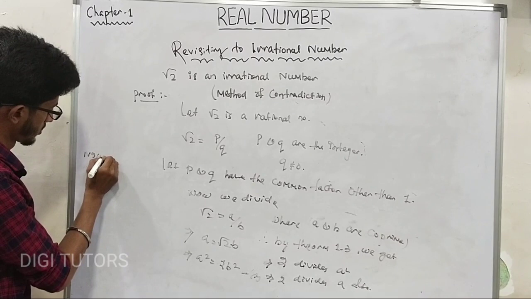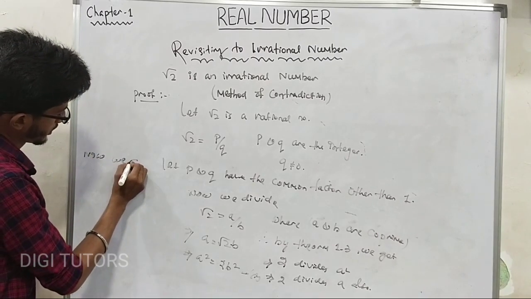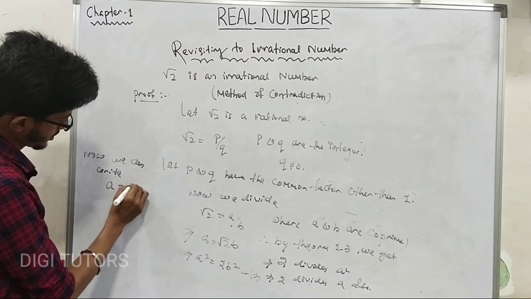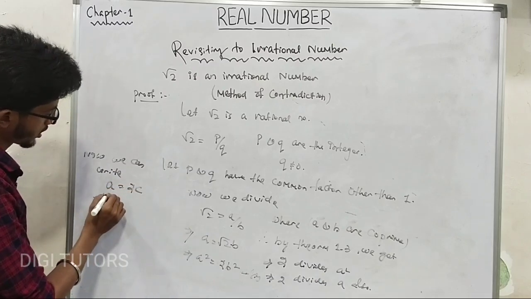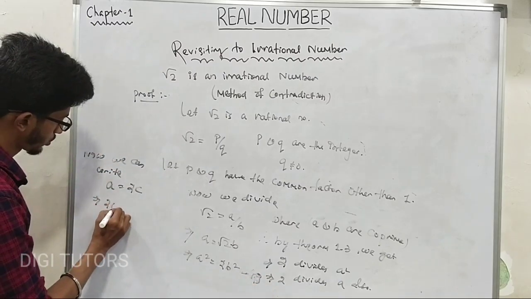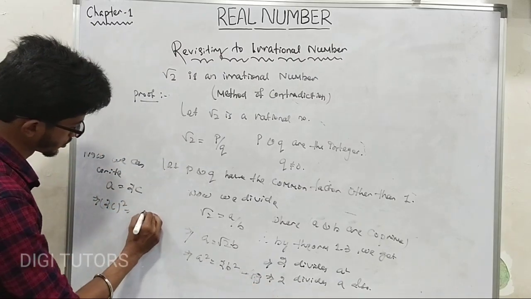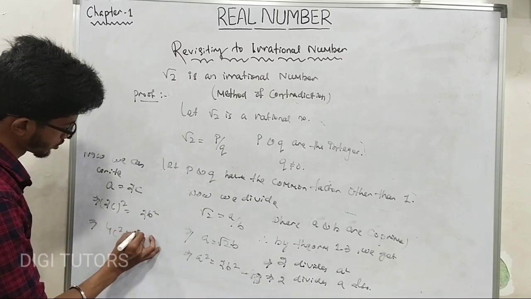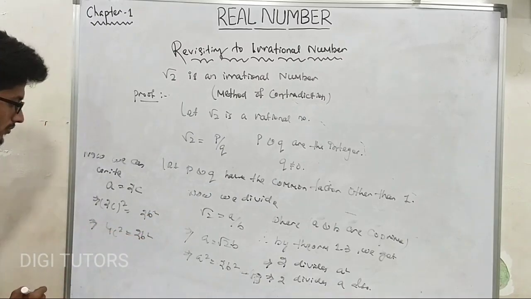Now we can write a equals 2c. Putting the value of a from equation 1, we get 2c whole square equals 2 b square, which means 4c square equals 2 b square,